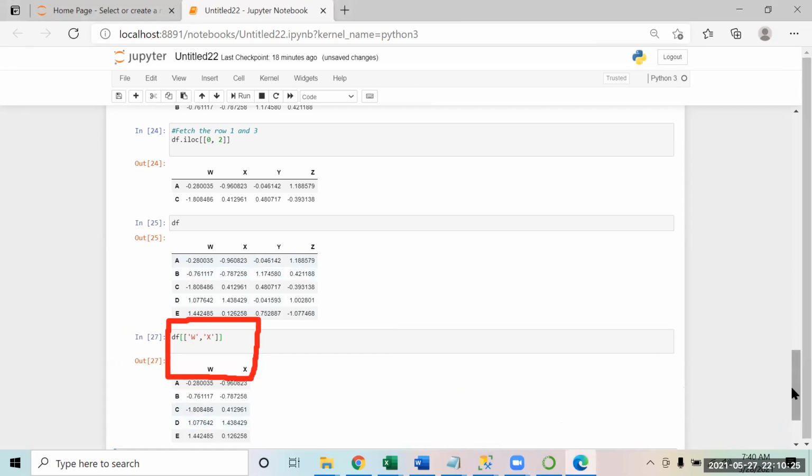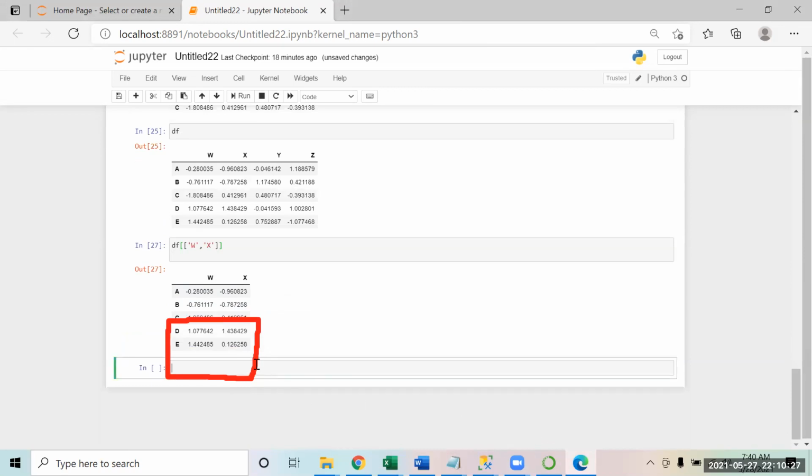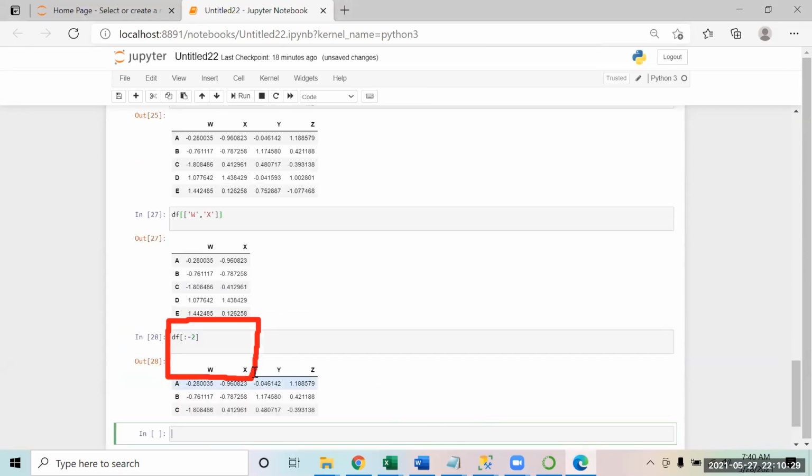So if you bring this, again it is bringing all the columns. It's not giving the last two rows. So we want to filter on the column also. Only a subset we are looking at. Only this much part.